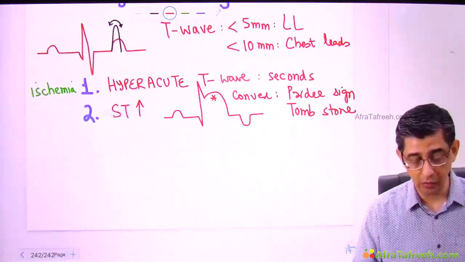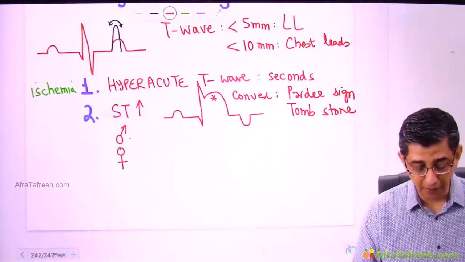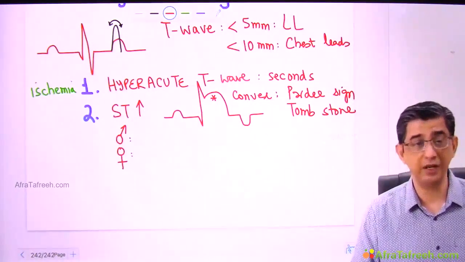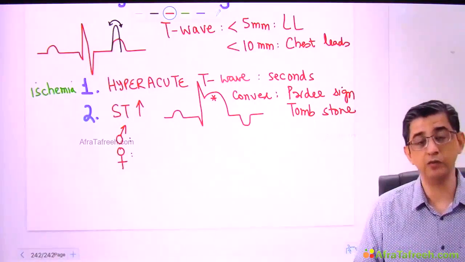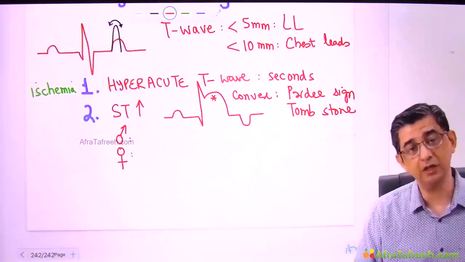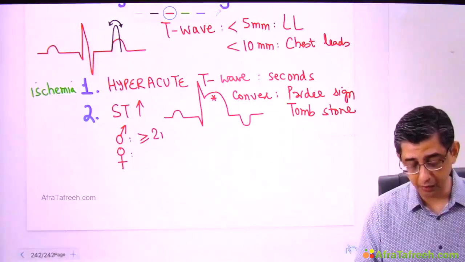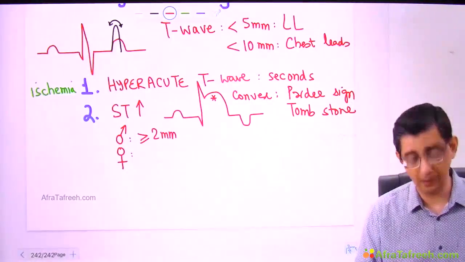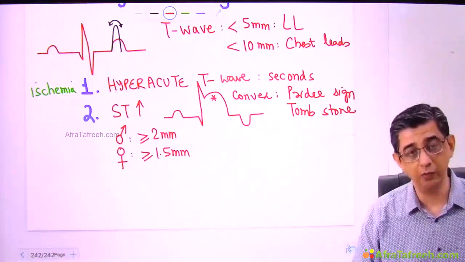And he can also ask you what is significant ST elevation, because for male and female patients it would be slightly different, in the sense that the size of the heart, or I would say the myocardial thickness, might be slightly different in a female. So there are two different criteria. For male, I want you to remember it should be more than 2 millimeter. For female, it should be more than 1.5 millimeter. And which leads you will check will also be taught to you as we move down progressively.